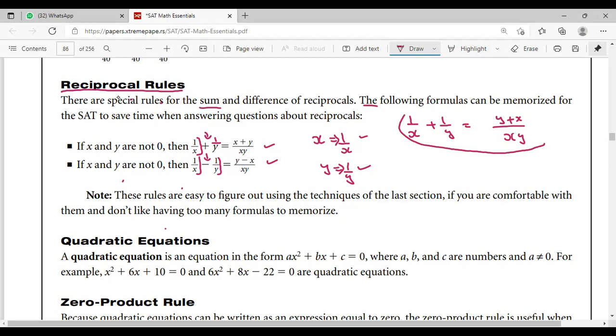But they are saying if we have two reciprocals like these, you can directly memorize this in order to save time. So the question could be either you'll be asked to convert these two fractions into one, or simplify the expression, something of that sort. In those types of questions, you'll be applying this, okay? So let's say if we had